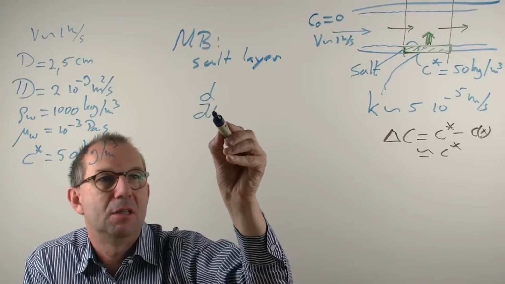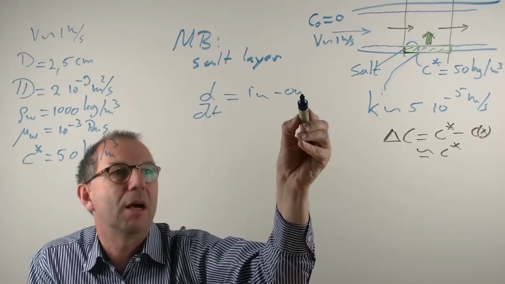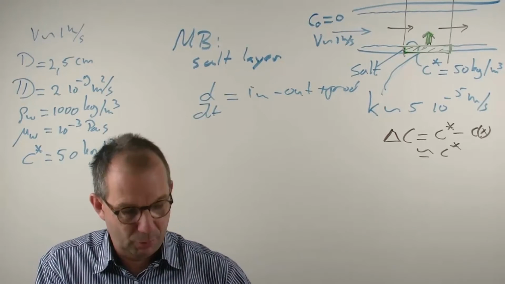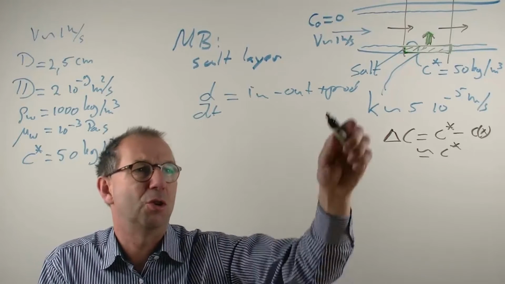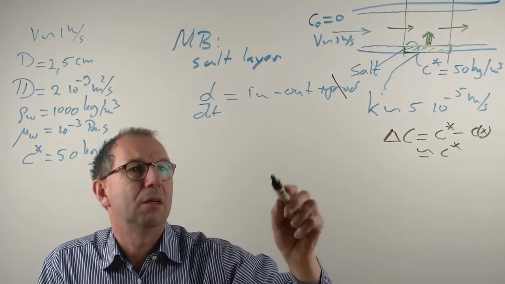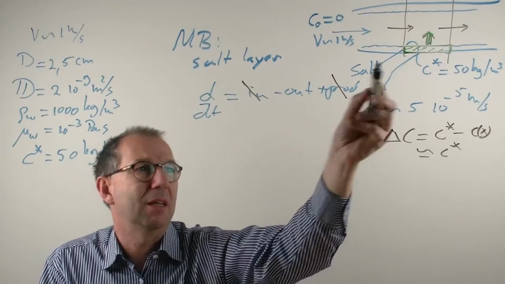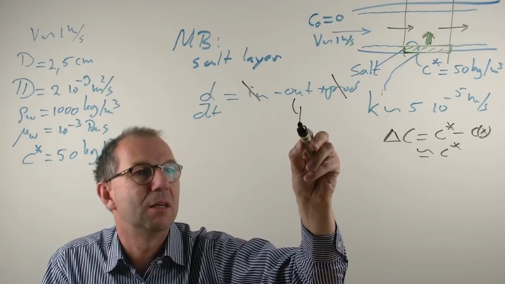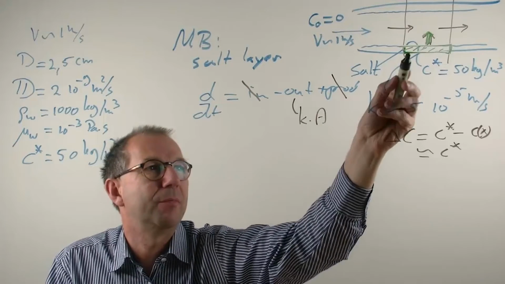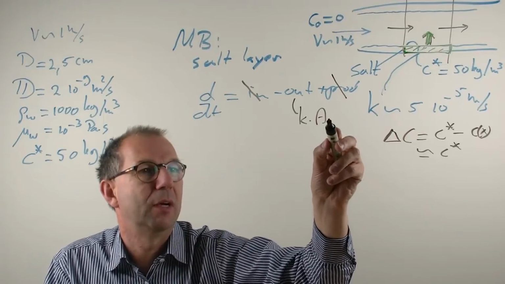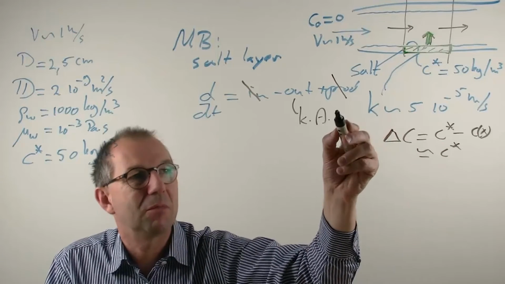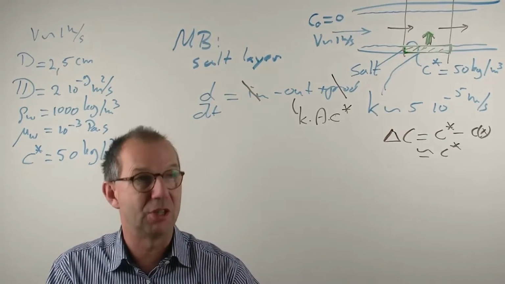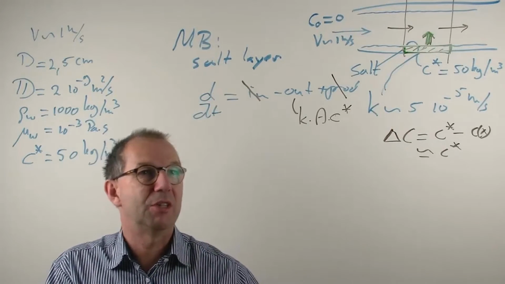and if I set that up, the dM/dt equaling in minus out plus production, I have now a different type of differential equation, because there's no salt produced. There is no salt coming in. It's about this layer. There's only outflow. And I do know that this outflow is K times the area over which the mass transfer is going, times the driving force, which I estimate, take as a constant C star. I ignore that there is some salt in, as discussed.